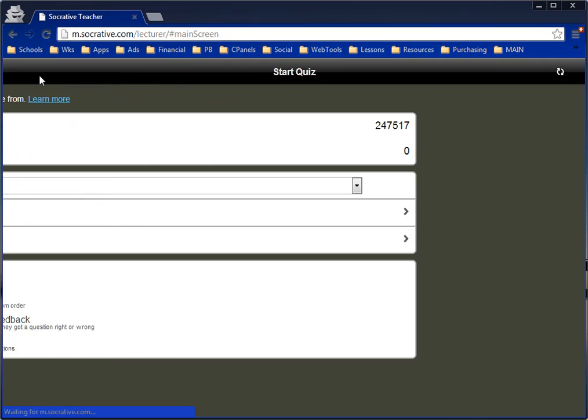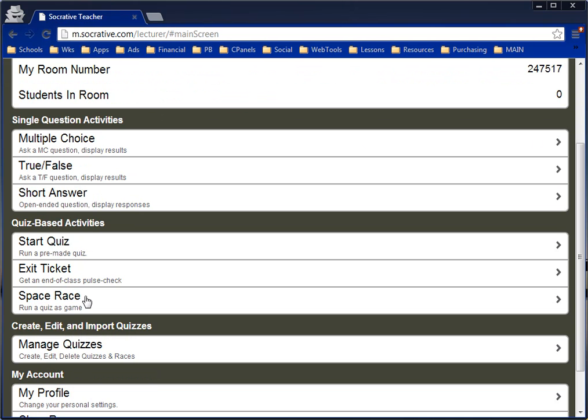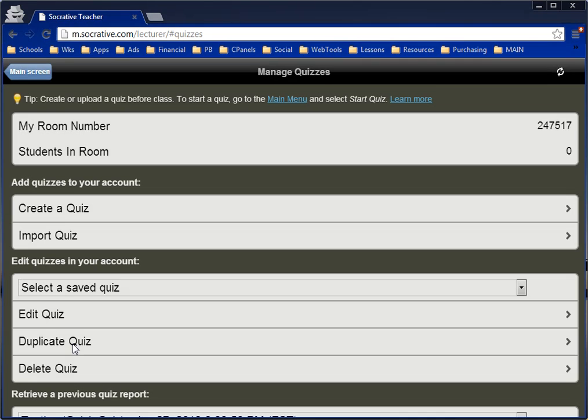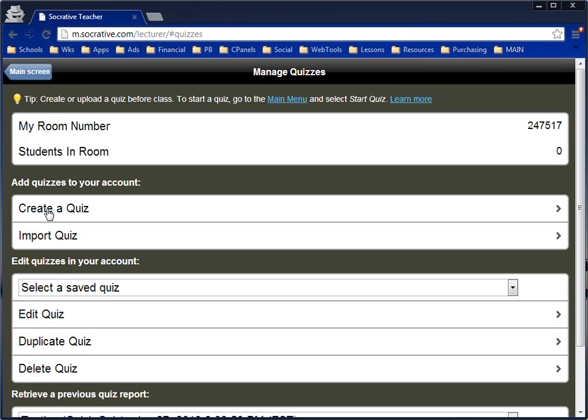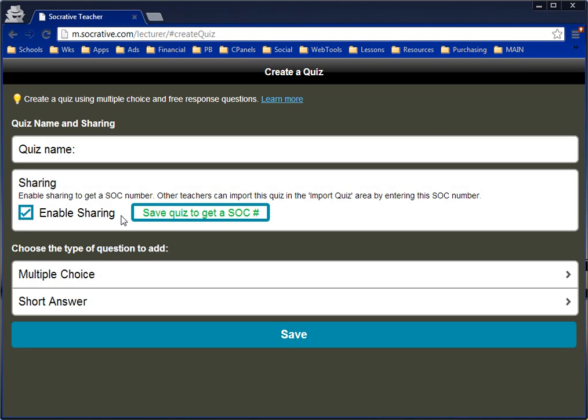To wrap this up, I just want to show you really the first thing most of you will do if you want to create a quiz for your classes: you come down here to the create, edit, and import quizzes, manage quizzes, and really you just create a quiz. And it's pretty easy. I mean, don't worry about all this other stuff down here. You just create a quiz, enable sharing. I leave this on